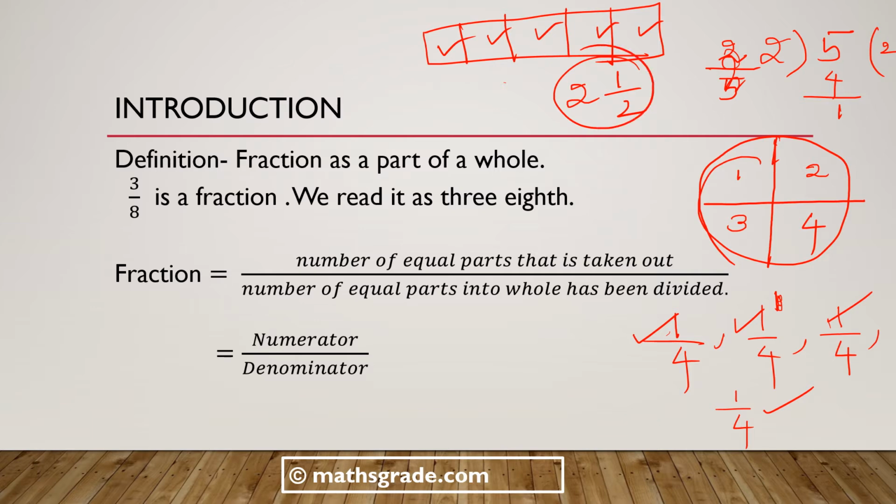that is, one friend will get this much and the second friend also gets this much, two slices, and the last slice will be divided between the two friends in two equal parts, that is 1 divided by 2, 1 divided by 2, and this is also 1 divided by 2.